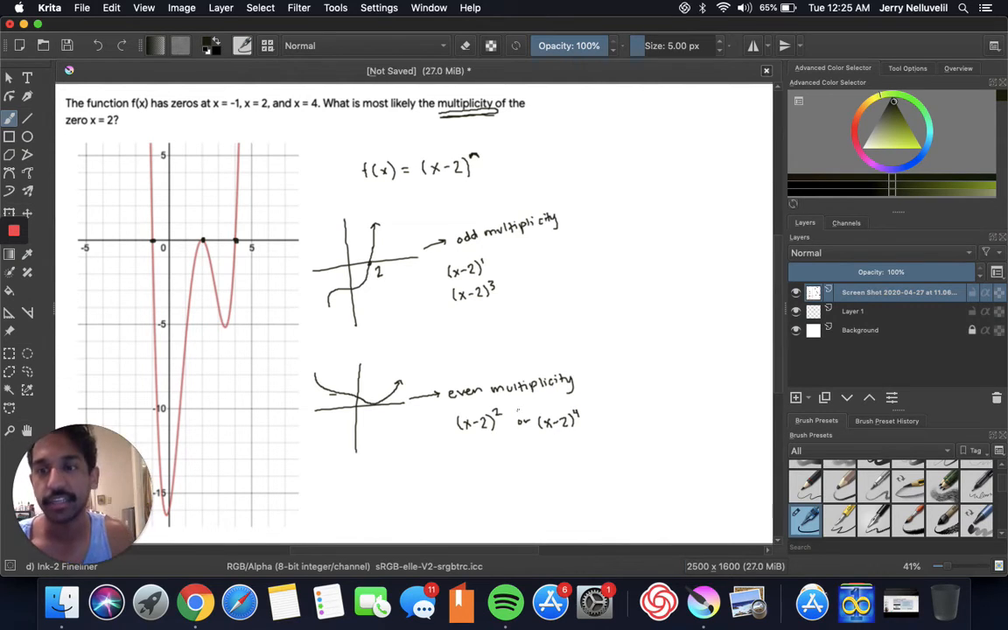In this case, the question gave us options of multiplicity m equals 1, m equals 2, or m equals 3. Here, since it does not go straight through, it bounces up and down. We know it has an even multiplicity. And the only one of these options that's even is 2. And so this function has a multiplicity of